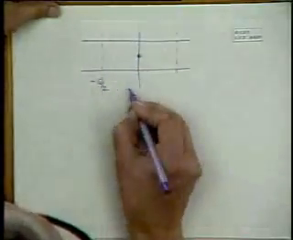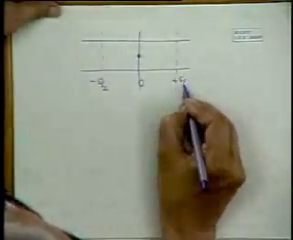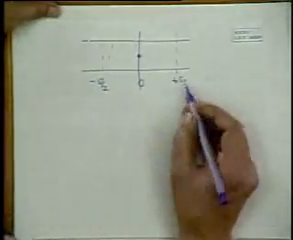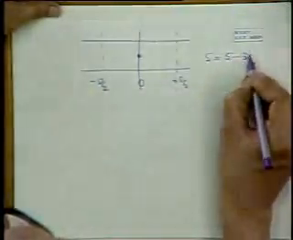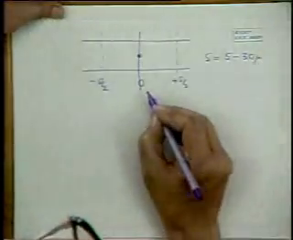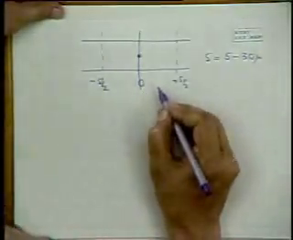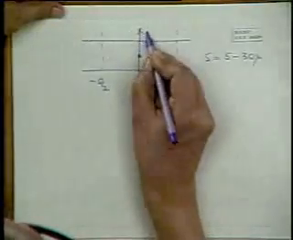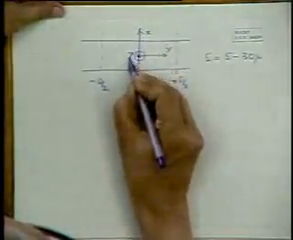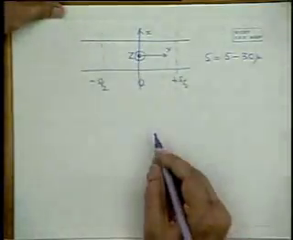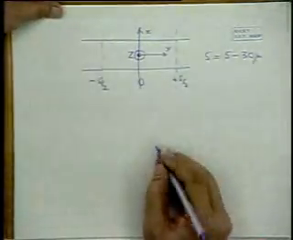Minus S by 2, 0, plus S by 2. S, I gave you a particular figure. It could be something like 5 to 30 microns, depending upon the masks available. This is X, this is Y, and this is Z. And we want to look at the